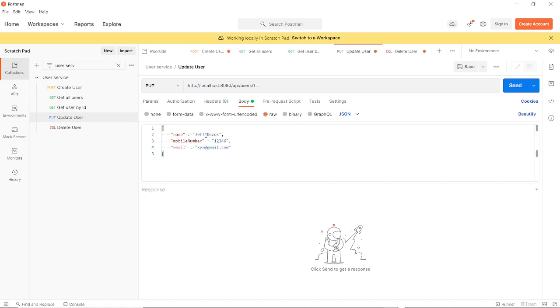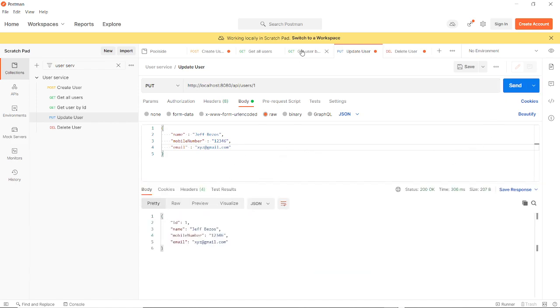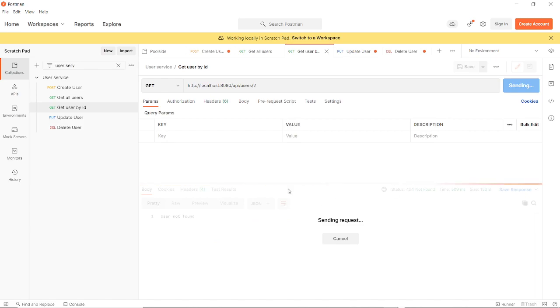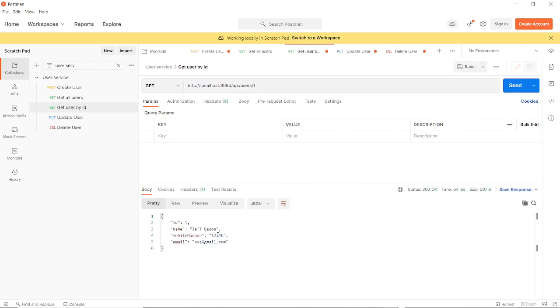Now if we want to update this, we will change the name to Jeff Bezos and we will change the mobile number and email ID as well for the user with ID 1. Okay, and if we now check this for ID 1, as you can see, all the data got correctly updated.